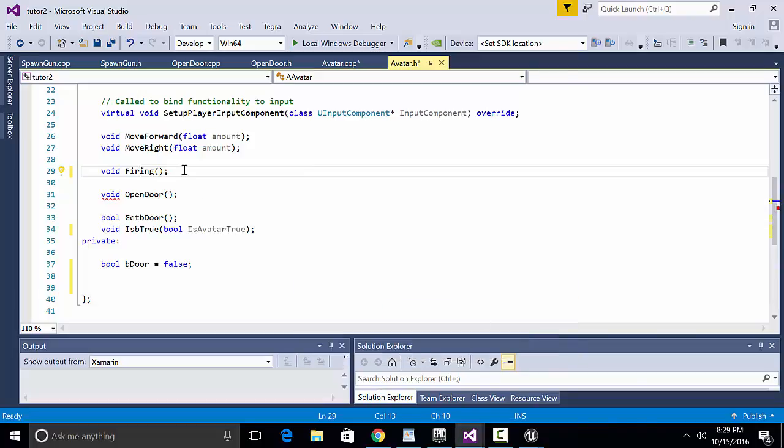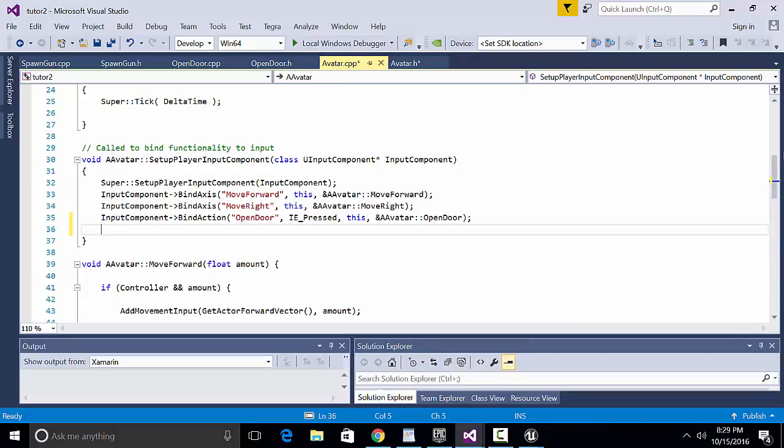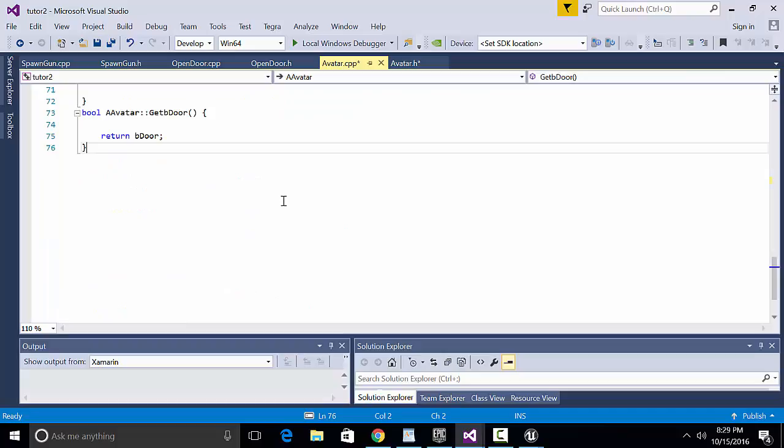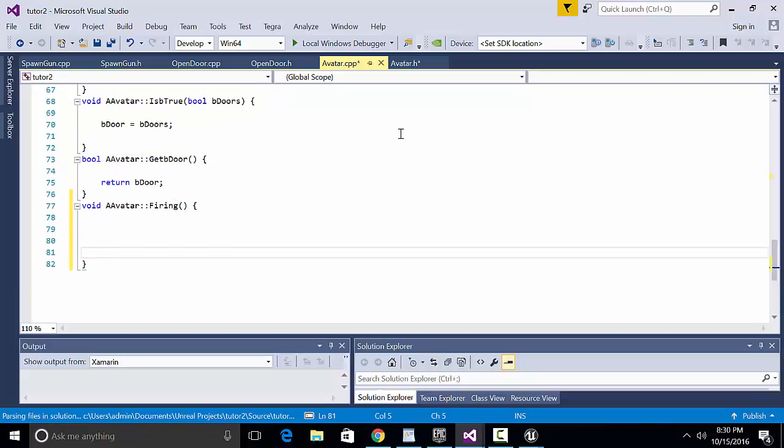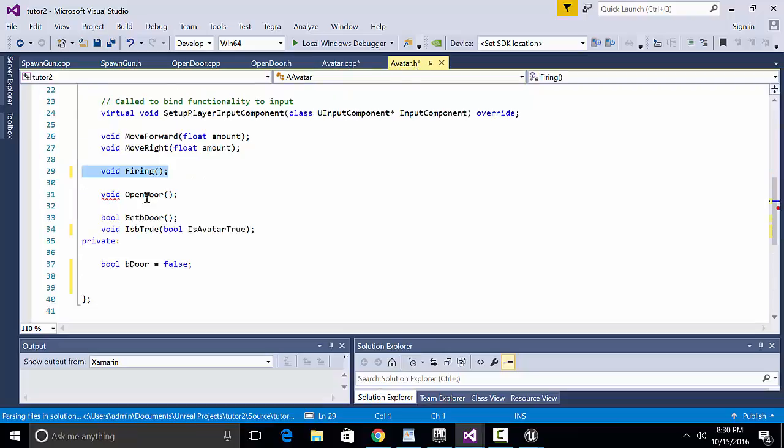I think it's going to take a long time, so I'm going to do it by myself. Sometimes we have to do everything ourselves, as IntelliSense doesn't help at all when you need it. Okay, void AvatarFiring, and the next one is going to be called